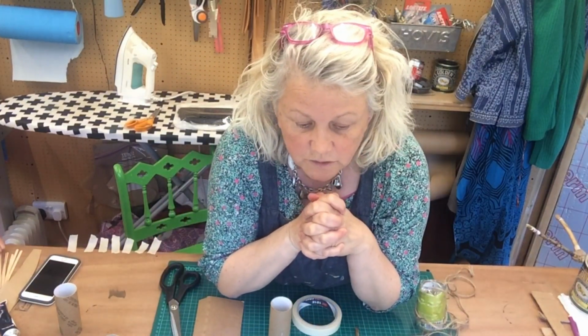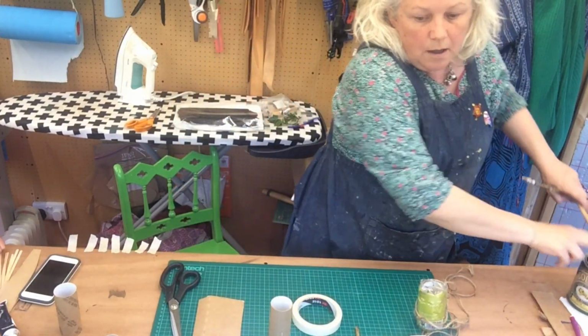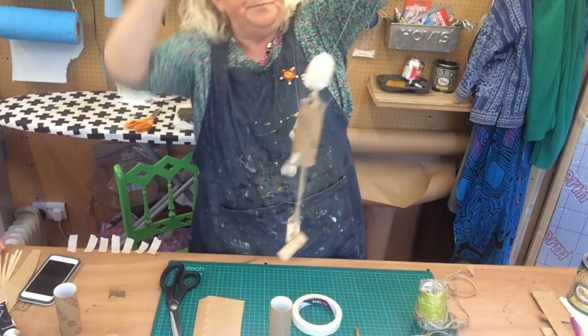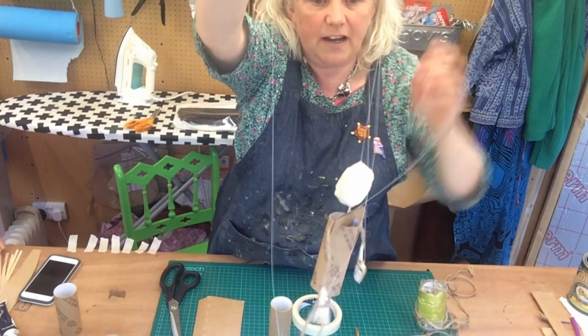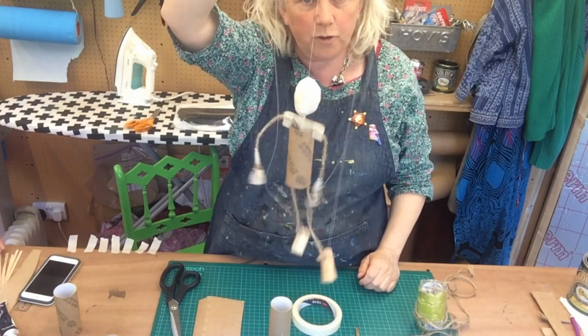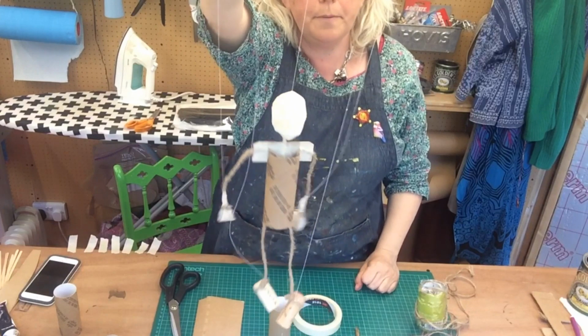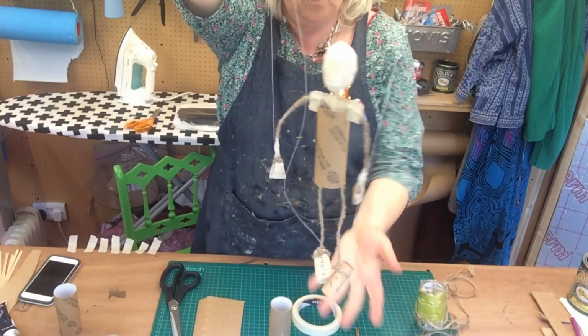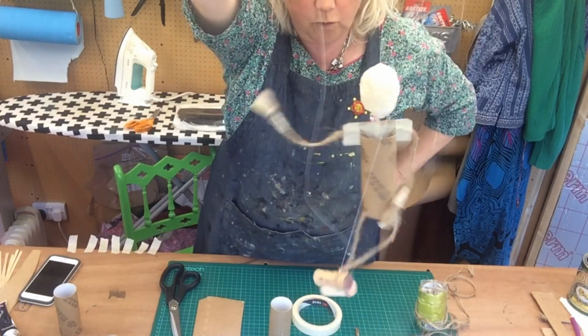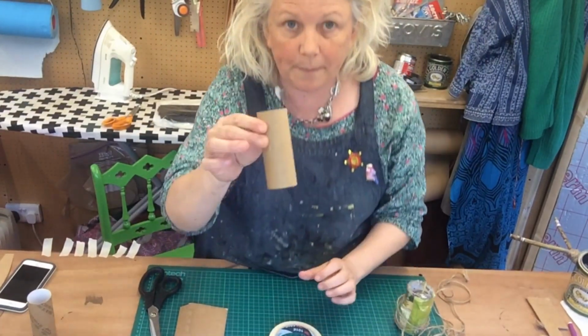So what I'm going to show you today is how to make a wonderful We're Making History avatar. This is the little fella, so he can move around, a bit like a puppet on a string, made out of all your basics, and then we can dress him up to make him all full of finery to make him Roman. All the materials that we're going to need, we talked about a little bit before, but basically loo